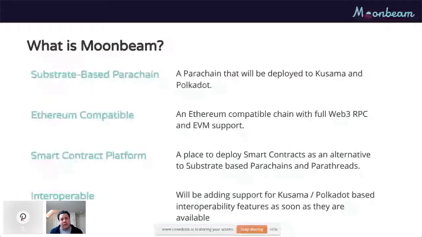I would say that our motivation in becoming interested in Polkadot, digging into Substrate and building this project, is we really are big fans of the interoperability vision that's part of Polkadot. And so we're quite keen on adding support for these interoperability features as they become available on both Kusama and Polkadot. As XCMP and SPREE are added to both Kusama and Polkadot, we'll be incorporating those features and making them available to folks that are developing on Moonbeam.